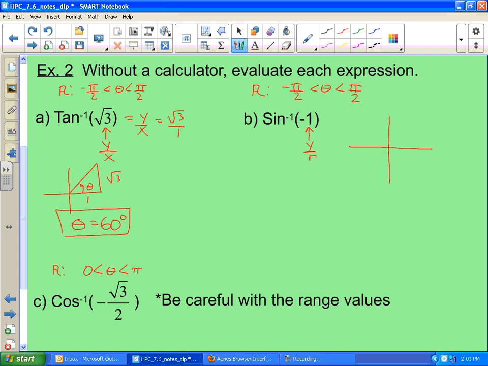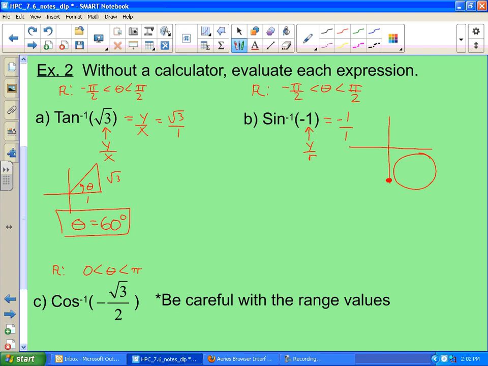If I'm in quadrant 4, that means I'm over here somewhere. Where is the only place where sine is negative 1? Not quadrant 3. On the line, which one? The vertical. Why is this the place where sine is equal to negative 1? What does sine measure? Y. And if y over r is negative 1, that must mean it's negative 1 over 1. And if the y and the r are the same thing, this is the only place that